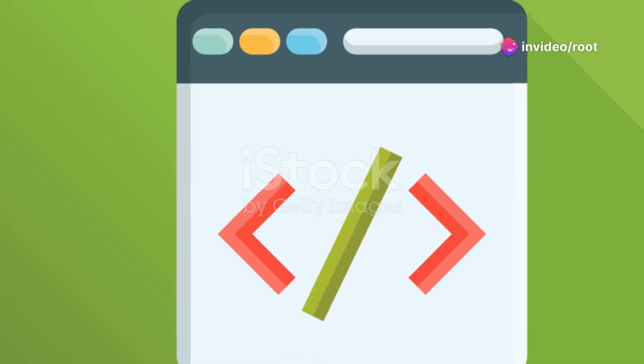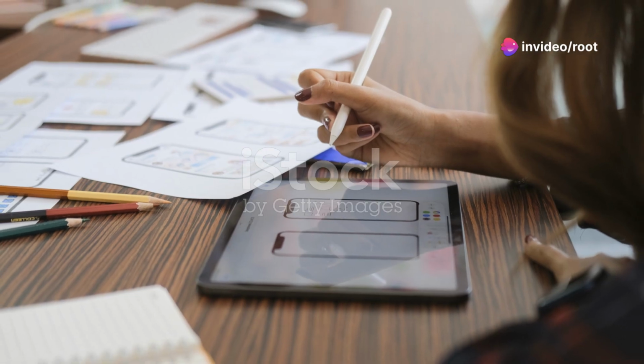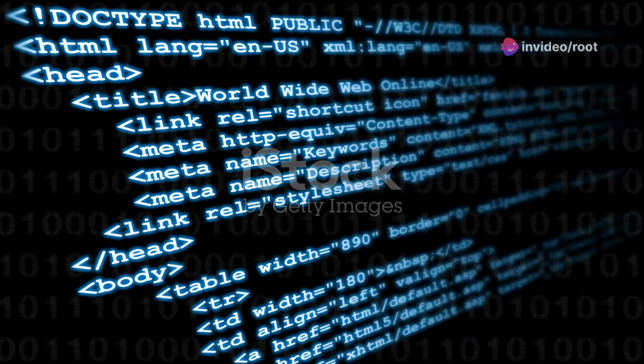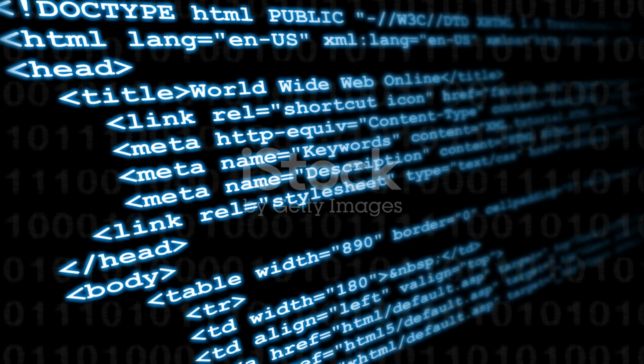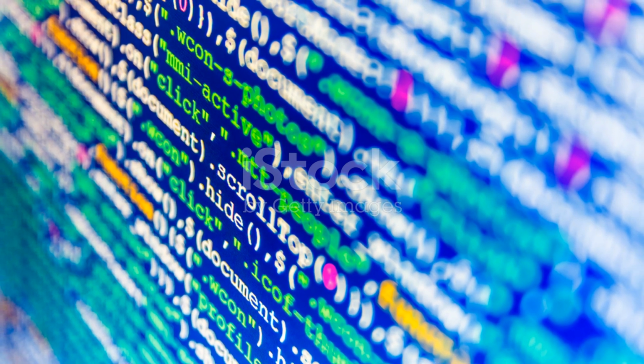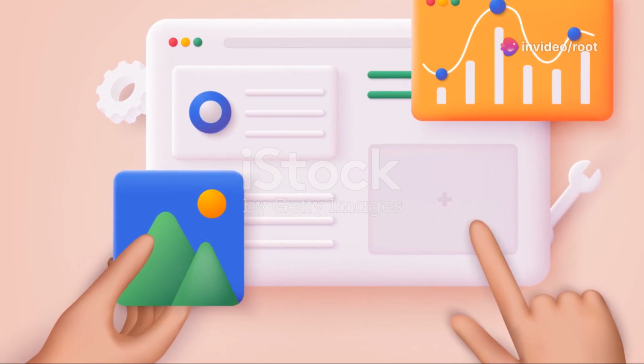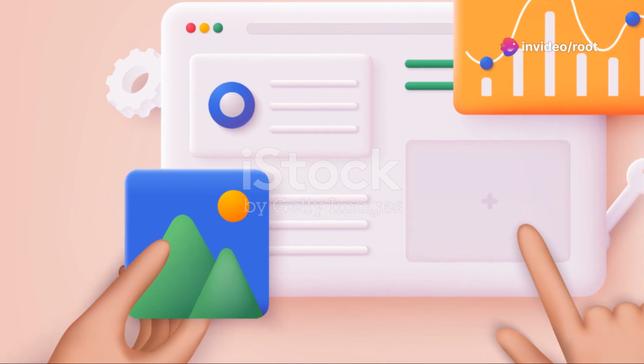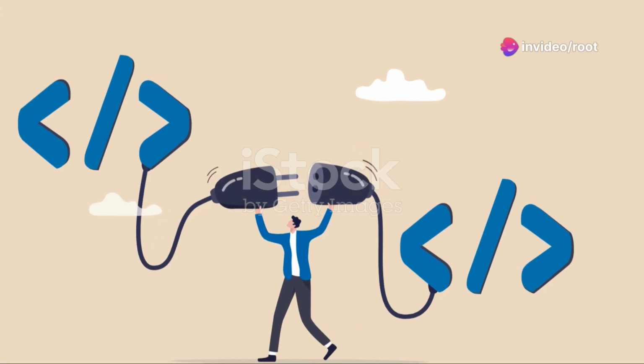Let's try writing a simple HTML page. Imagine we're creating a profile page. We'd start with our doc-type declaration, then open our HTML tags. Inside, we'll have our head with the title set as My Profile. In the body, let's add a heading with My Profile, a paragraph describing ourselves, and maybe a link to our portfolio with Check Out My Work. And there you have it, a simple HTML document.